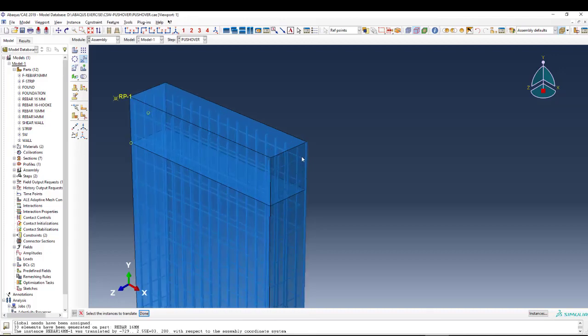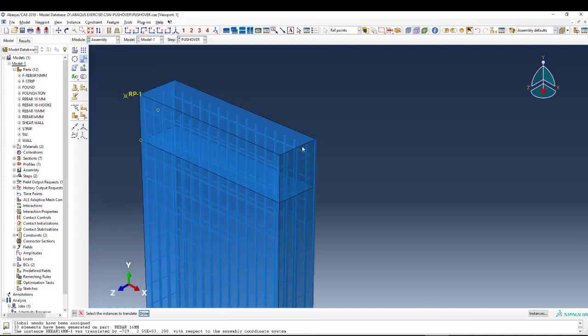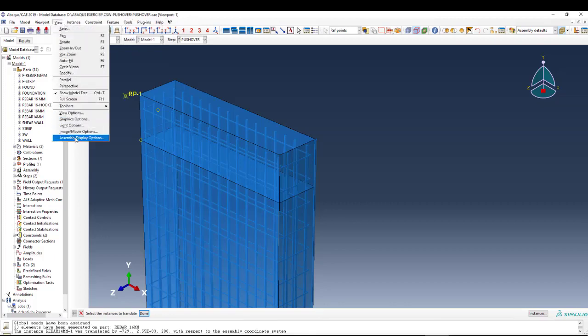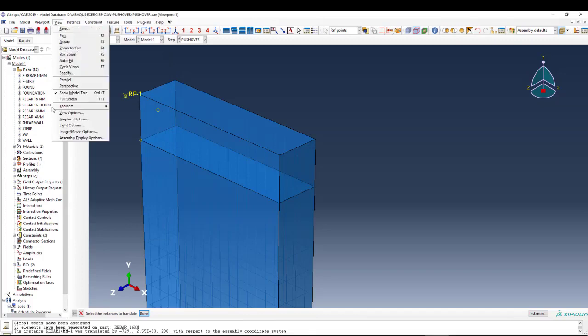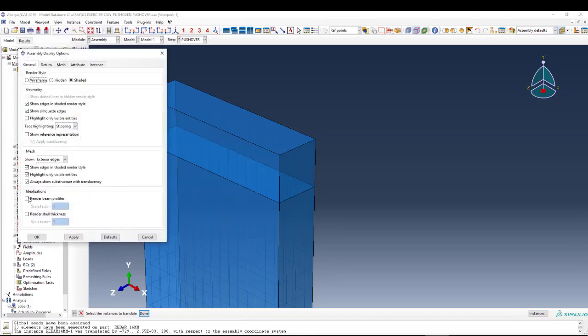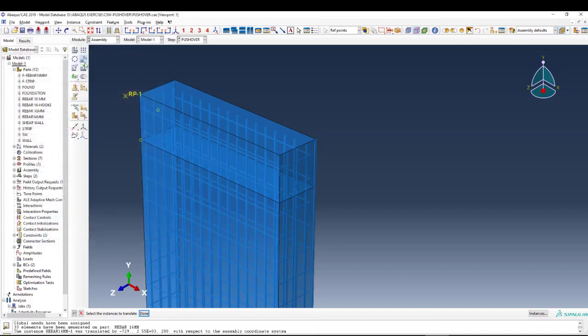So now here is the rendering. We activated the rendering. Here we called view, and called sample display option. We can turn off the beam rendering, so we will not see it here, but it's better to turn this on, make it visible to work. Okay, next I'm going to select the same